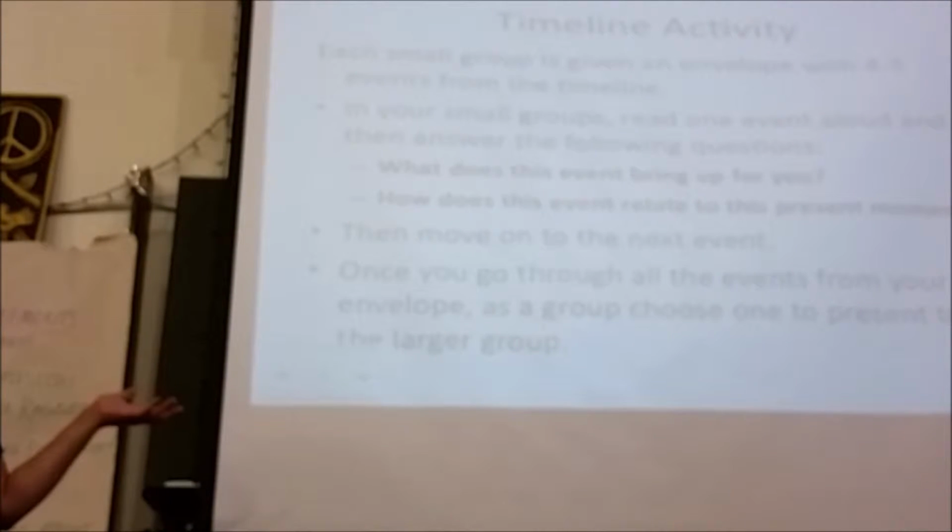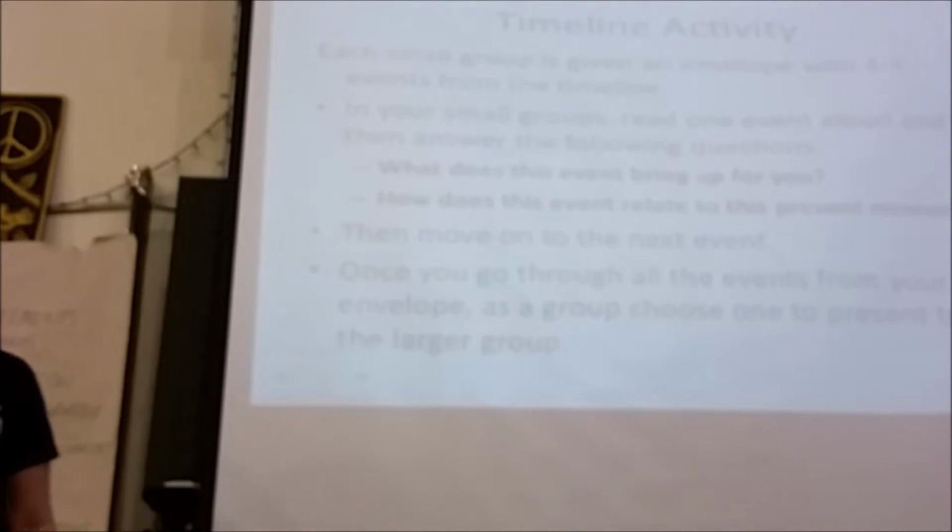Anything else? Did I miss anything else? No, just, well, one thing is the timeline are things that specifically relate to institutionalized racism and systemic racism and criminalization of black people in this country. So it's not all inclusive, we're just showing some important things. And then the 2 questions you're answering in your group for each event that you read are listed there just in case you need to reference it. What does this event bring up for you? Just responses, and then how does it relate to where we are today? And that's it. So we're going to have until about 12:50 to do that, and then we'll come back together